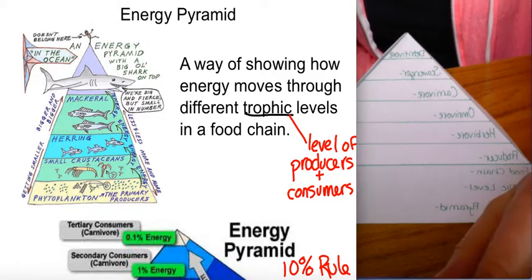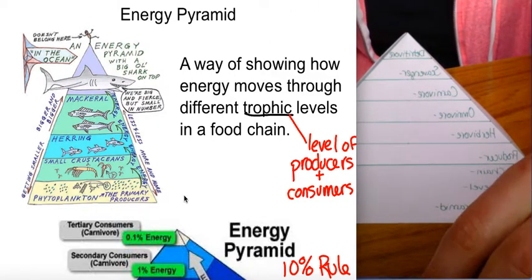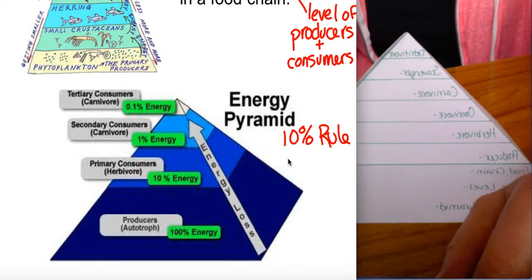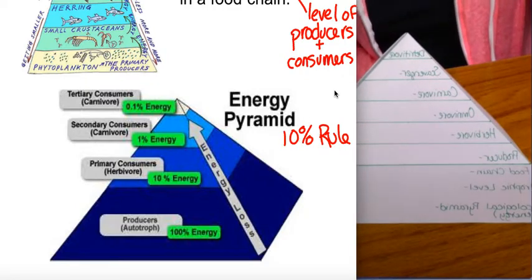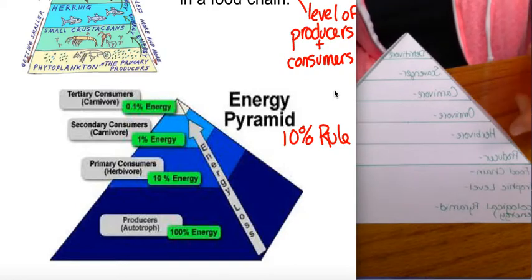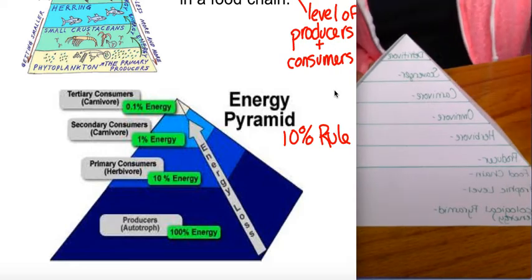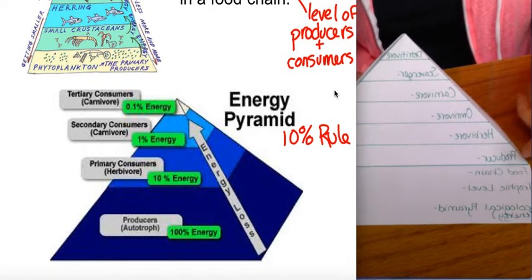Energy pyramids in general show the amount of energy or matter that is within an ecosystem. And there's this thing called the 10% rule. I wrote it here off on the side in red. That way I would remember that the 10% rule shows the energy being used up as you move up the energy pyramid. So if we had 100% energy being made from producers at the bottom of the food chain or